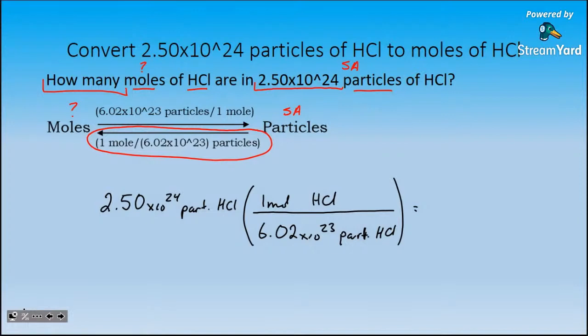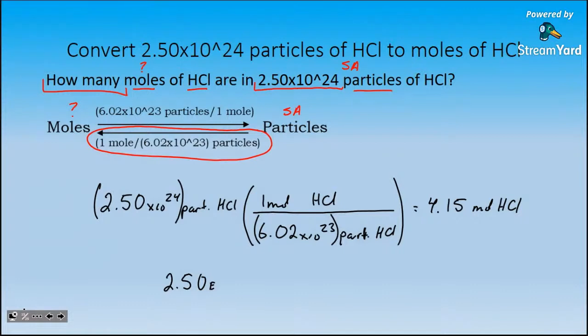And that answer is 4.152, or to 3 significant digits, 4.15, moles of HCl. So again, you either need to put both of these inside of parentheses, or type it into your calculator as